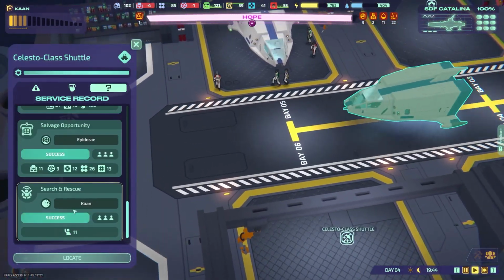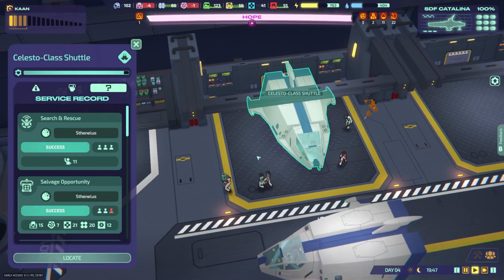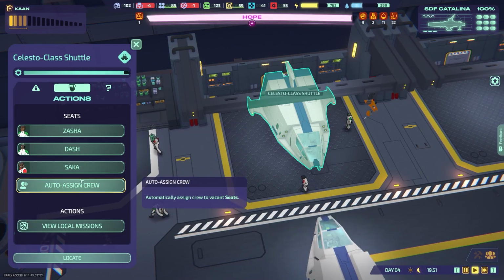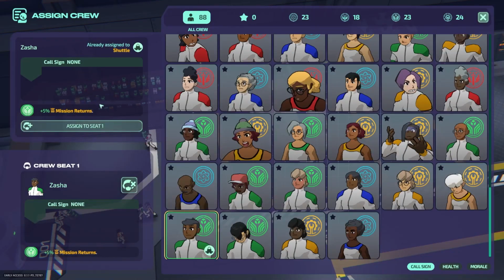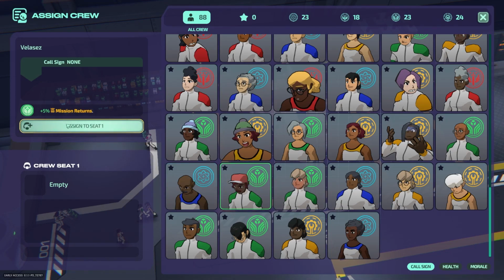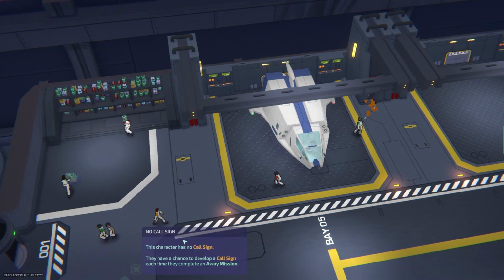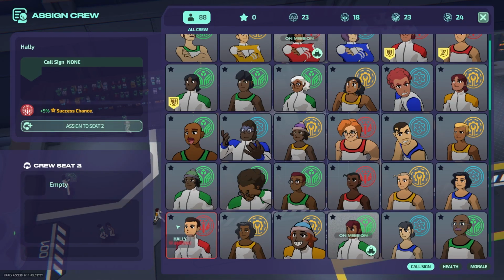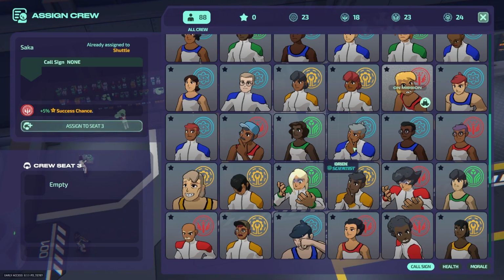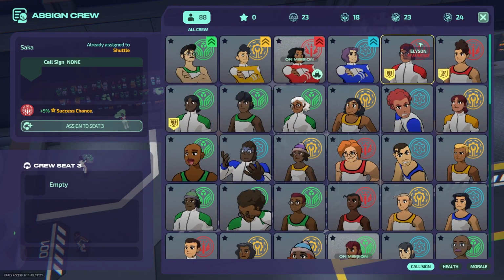Oh, we got another... Oh, yeah, that was a rescue operation. So they're bringing 11 more souls, 11 more mouths to feed. Okay, here's what I'm going to do on this crew. Zasha, Dash, and whatever, your guys are getting removed. We're going to go Velasquez. Crew resilience, I don't really care. Plus 5% mission returns assigned to seat number 1. Dash, you're fired. We're going to go with Hallie for the plus 5. And then here's the thing about this. By rotating them a lot, there's a lot of micro to be done, but by rotating them a lot, we're also probably going to get...